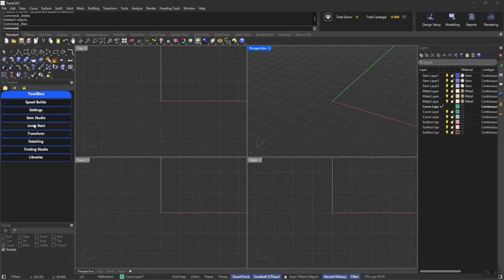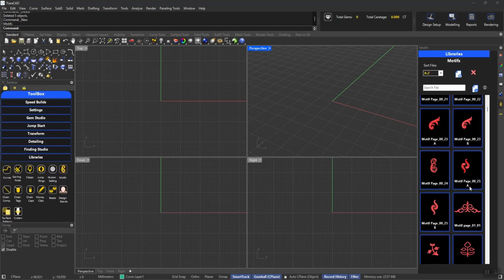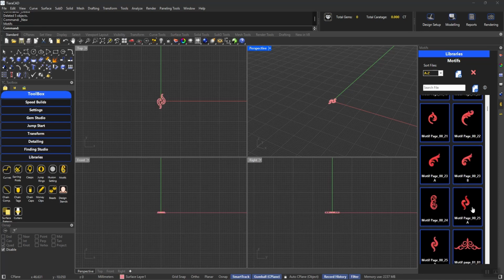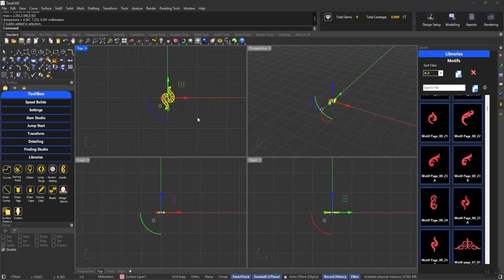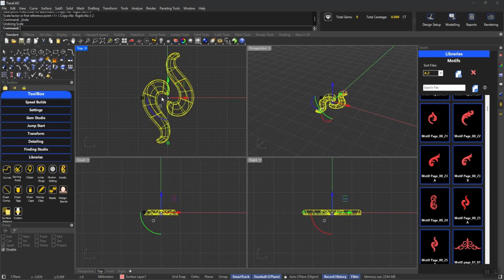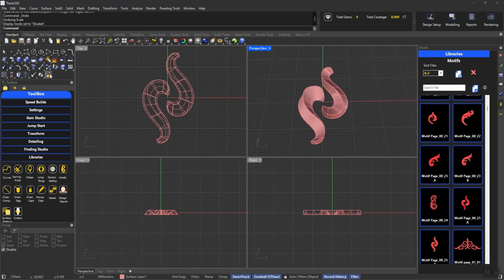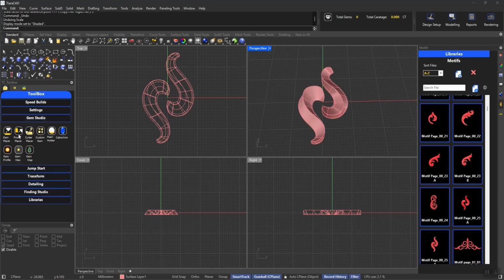Let us look at how we can use SubD to surface efficiently. First, I'm going to go for a SubD object, something like this. Let's increase it in size a little. I'm going in for a simple scale for the moment. How about 4 times? Now this, if I were to look at it, the shape looks correct, but if I wanted to place diamonds on it,